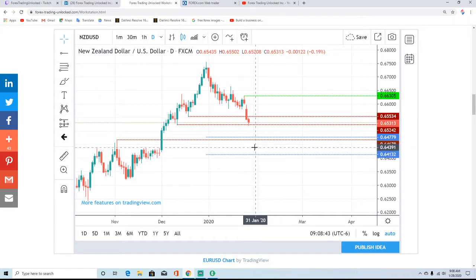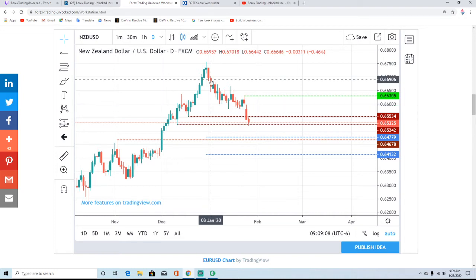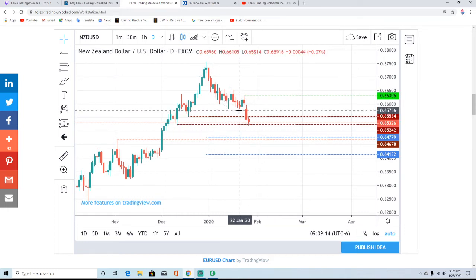The only reason we would see this going much further than that would be, obviously, a monumental rally going on in the US dollar, which right now we're just playing it as it is, and we're not going to get ahead of ourselves, because overall we've been bearish the dollar fundamentally and technically for quite some time. And it's only the recent news that is giving us this added boost to momentum to what has been a dollar rally since the beginning of the year. As you can see in this market here, we started off the year and boom, we have not looked back. It's been basically lower every single trading day since the year has begun.